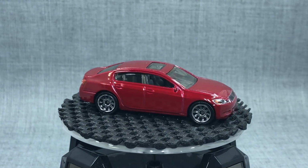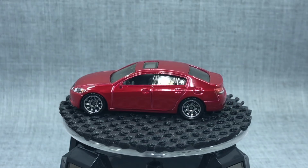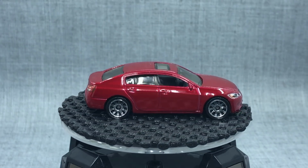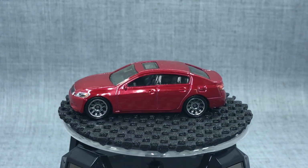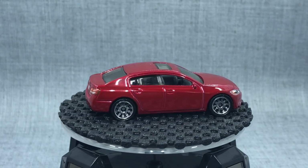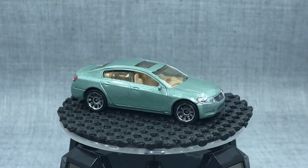Then we saw them get a little creative with the colors. I like that bronze color to start. I liked the silver, the dark blue, the pearl white, the black, and red is pretty good. Obviously, it stands out on the peg, so you'll always see a red version of these releases. That was, I think, a basic range, and I think so were these. You have this